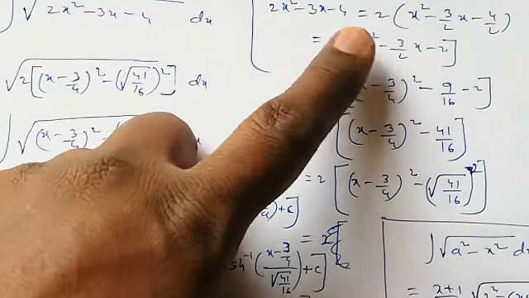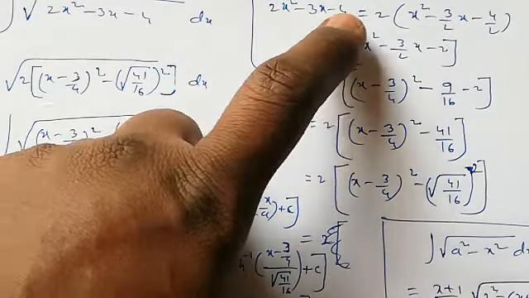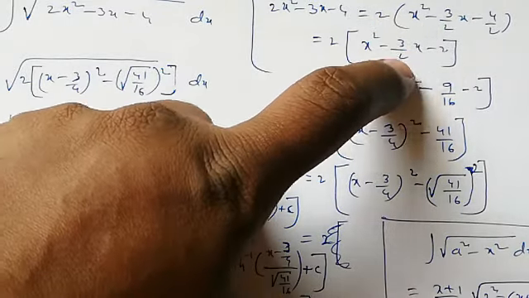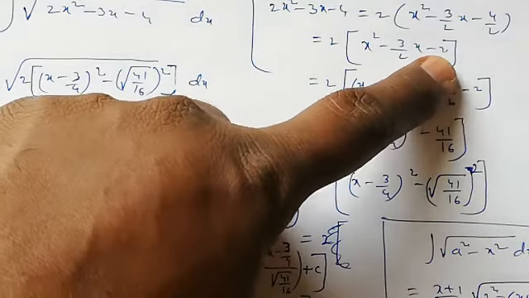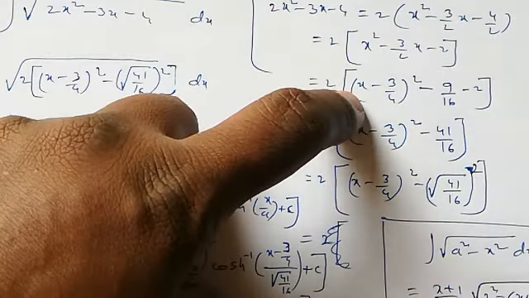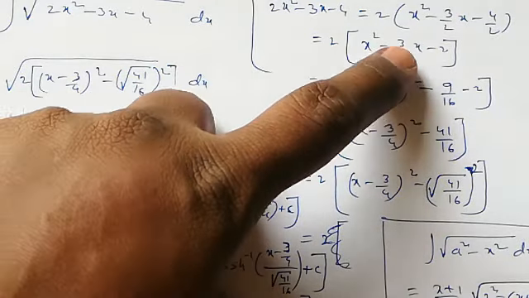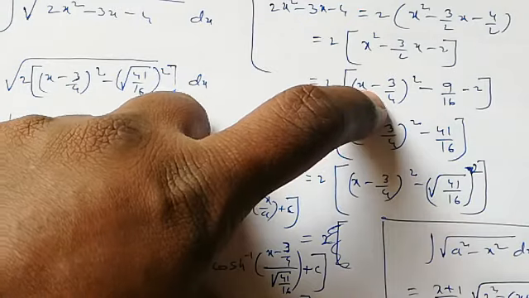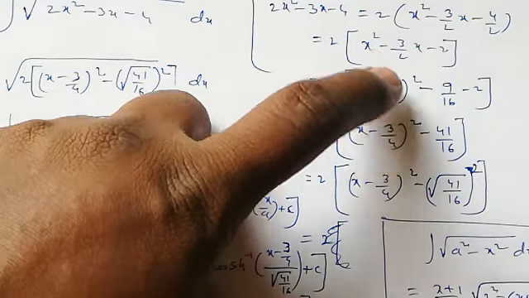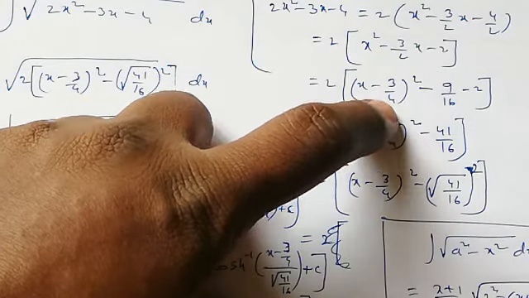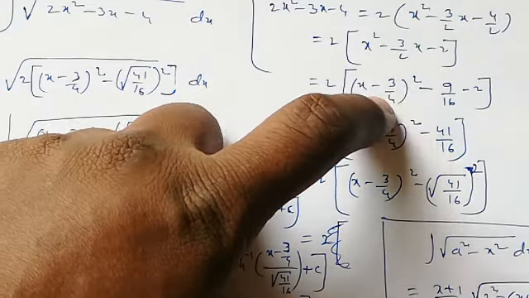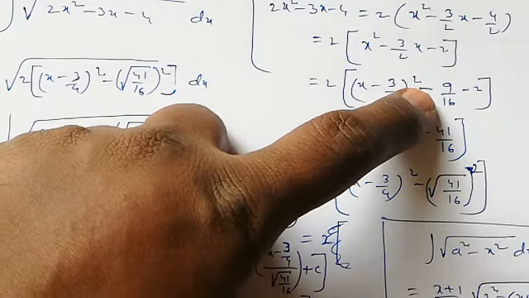By taking 2 common, it becomes x square minus 3 by 2 into x minus 4 by 2. So 2 into (x square minus 3 by 2 into x minus here 4 by 2, 4 by 2 nothing but 2). Now writing in complete square form: 2 into a square, here a means x. Now observe the sign between the terms, minus, so you have to keep minus here. Now take half of the coefficient of x. Here the x coefficient is 3 by 2, its half means 3 by 2 by 2. 3 by 2 by 2 is how much? 3 by 4. Now keep the brackets, whole square.